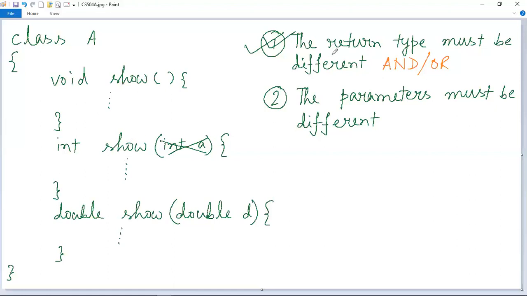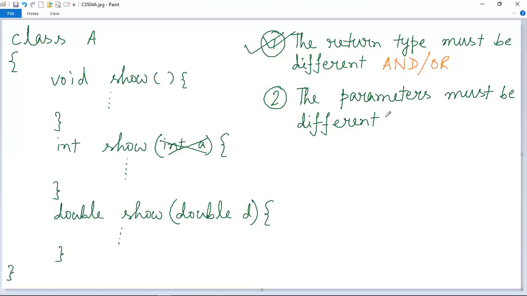So although theoretically these are the two conditions, that the return type of the method must be different, and or the parameters of the methods must be different, practically we can see that the return type alone cannot differentiate between the overloaded methods. Along with the return type, the parameters must also be different. Or if only the parameters are different, then also the compiler can differentiate between the overloaded methods.